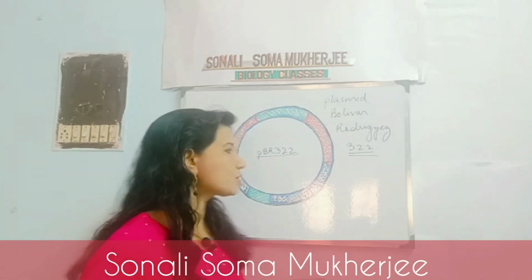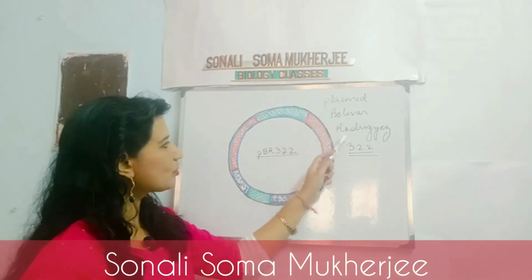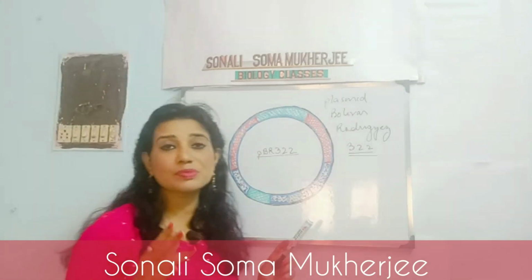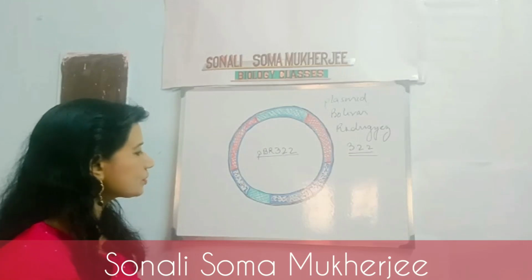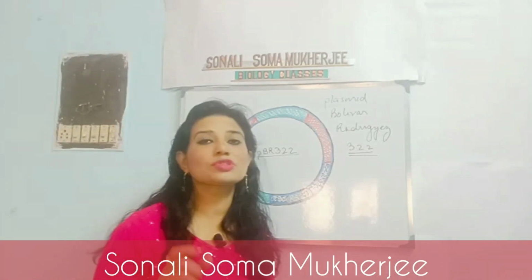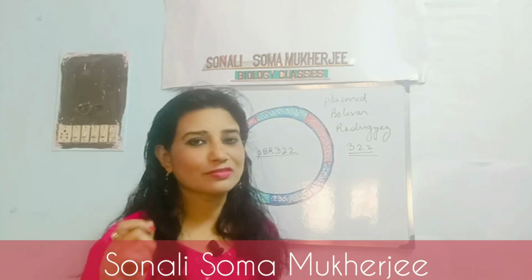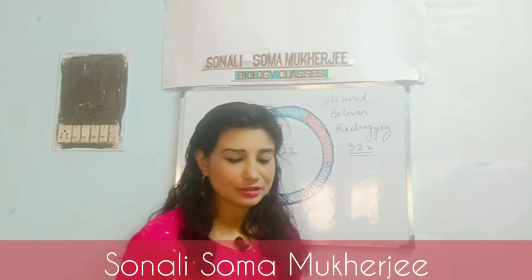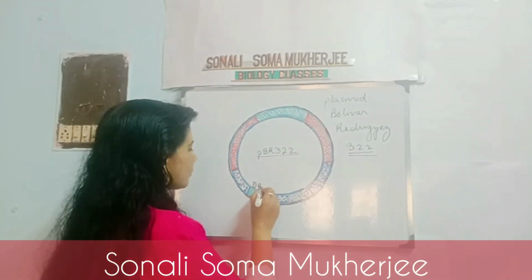Now let's focus on this. You can see that the PBR322 plasmid, Bolivar-Rodriguez 322 strain, is used. I said there are some unique features found in this vector. What are the unique features? First point to be noted is the origin of replication. The replication starting point should be there, from where the number of copies will be produced, and this point is known as ORI, O-R-I. Let me mark it like this